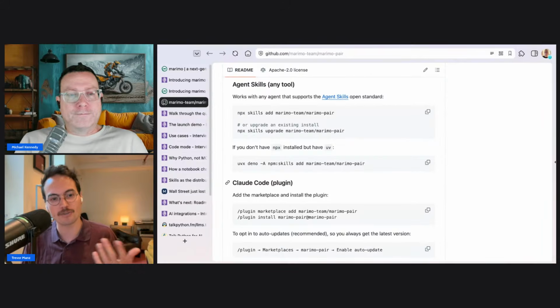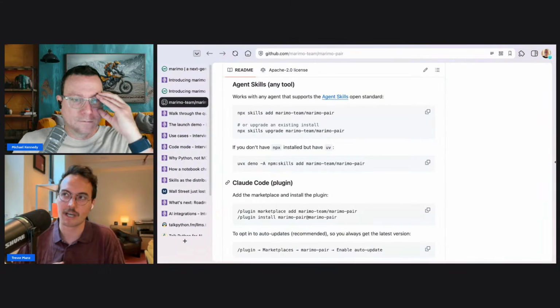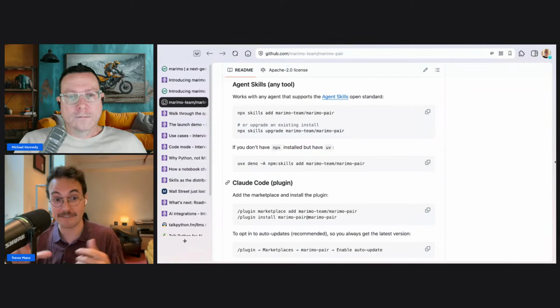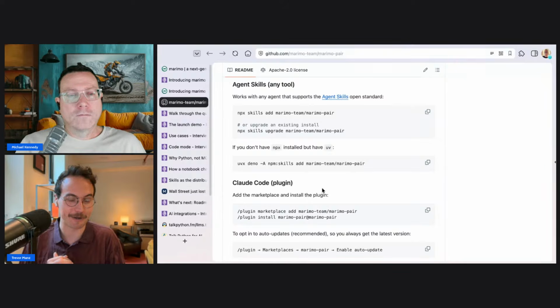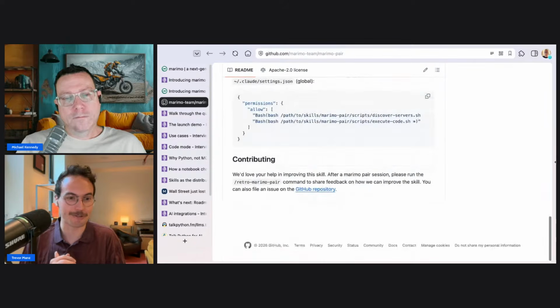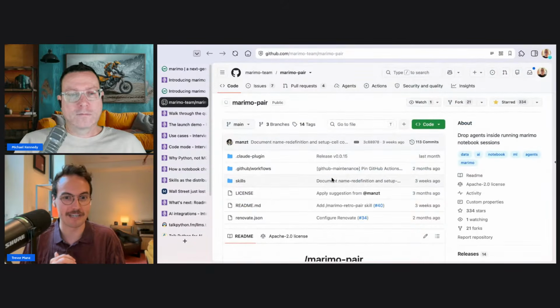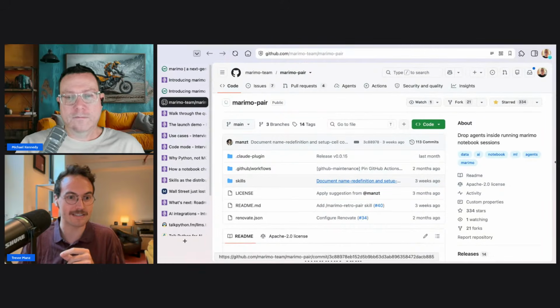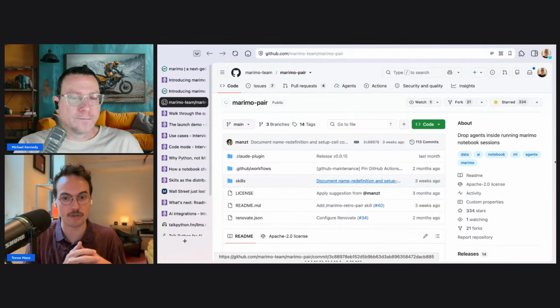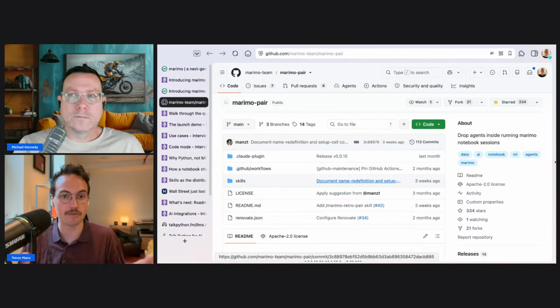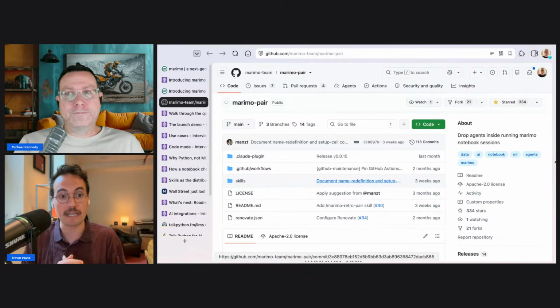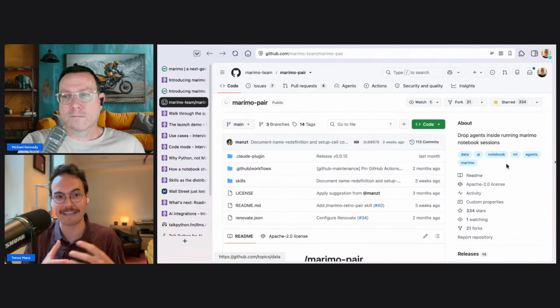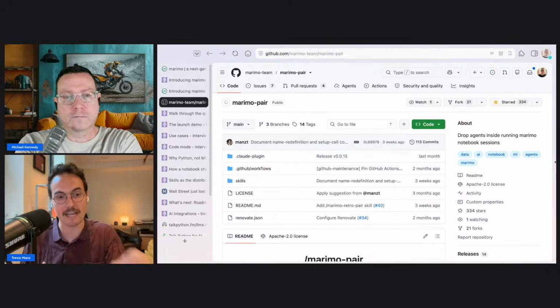Because if you're looking at source code on disk, maybe for a file that loads a data frame, you just have a single line that says like, load polars read CSV or pandas read CSV. And then the agent would actually have to go look at that CSV to understand what's in that CSV and combine that with the source code. But if you pair that with a live REPL like we have inside of Marimo, the agent now has a data frame that it can look at. And that's a much richer representation of that static file on disk.